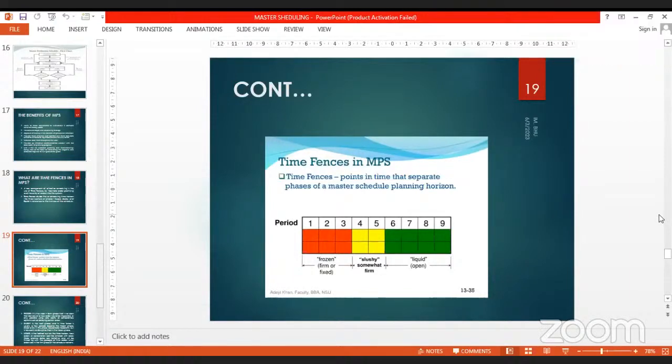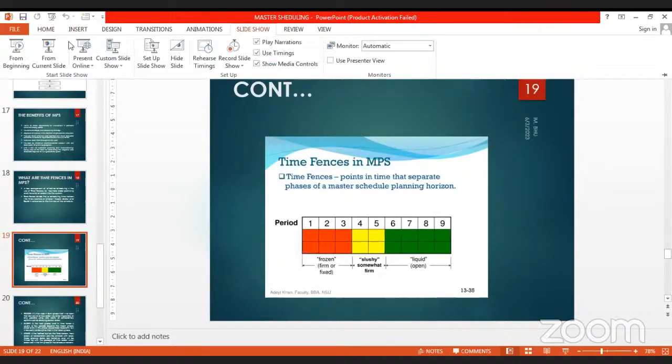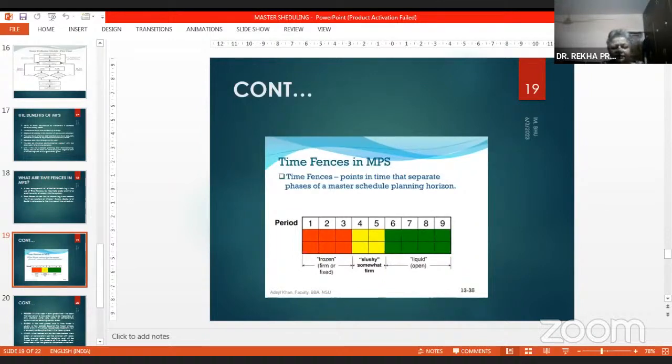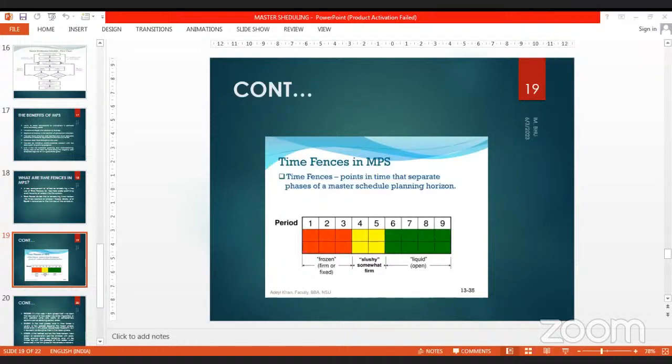Time fences in MPS. Time fences are points in time that separate phases of a master schedule planning horizon. So you can see it is divided into frozen or fixed time, slushy somewhat firm, and liquid when it is open.